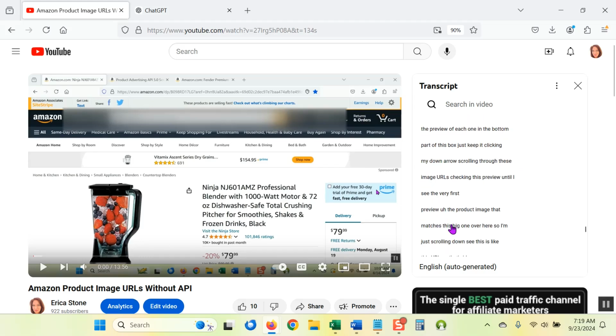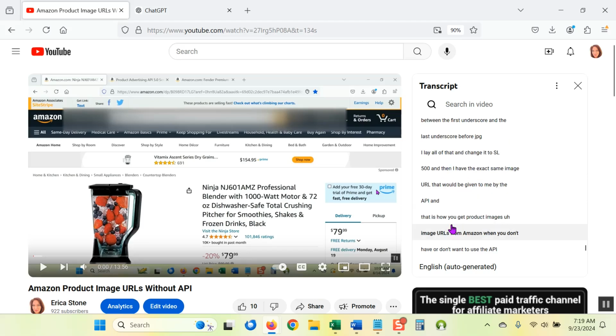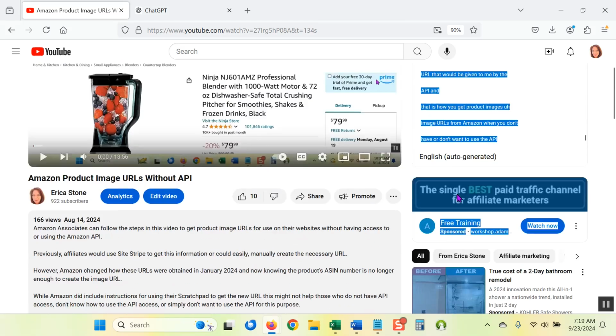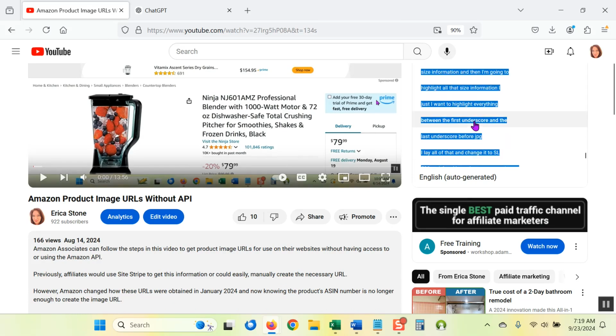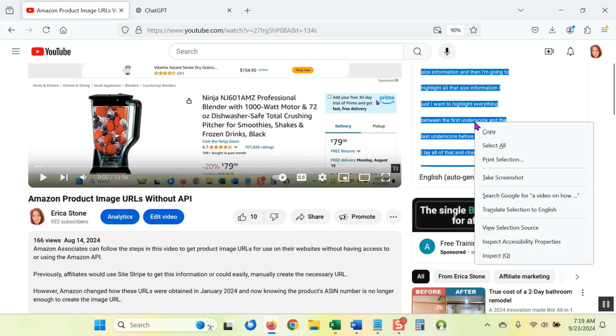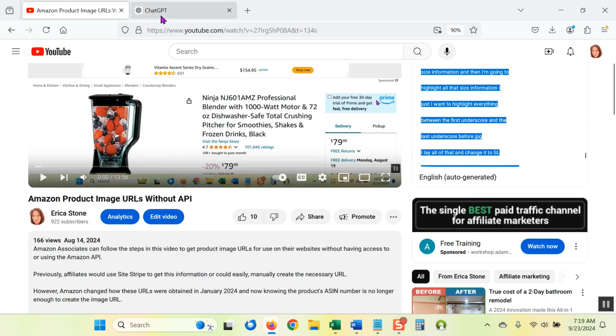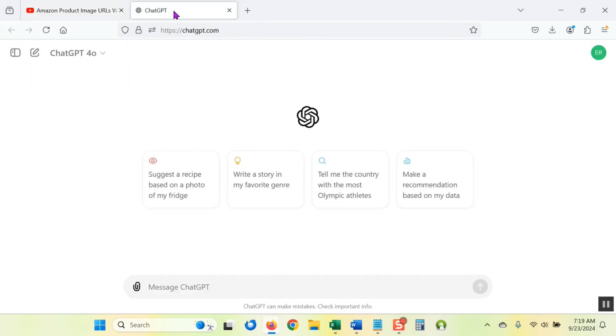So what I'm doing is I started copying up at the top, and now I'm just scrolling until I get to the bottom of the transcript. And then I'm going to right click and copy. And then I'm going to go to ChatGPT. In a new chat, I'm going to say,